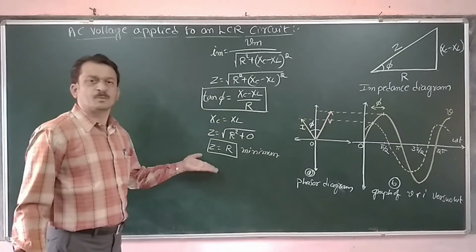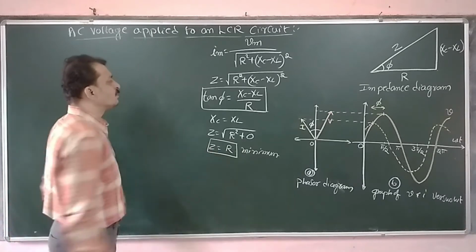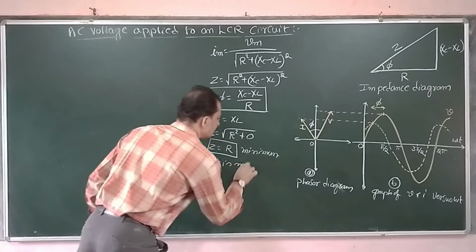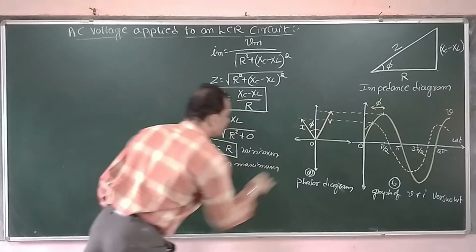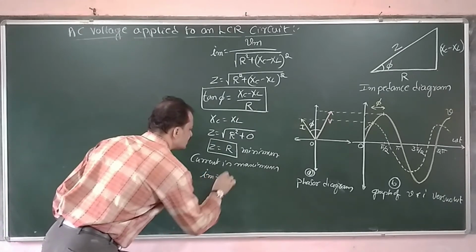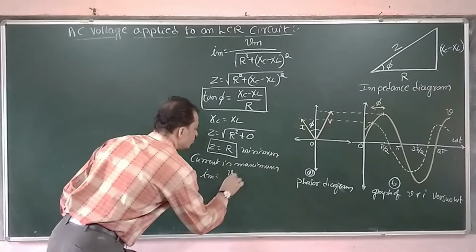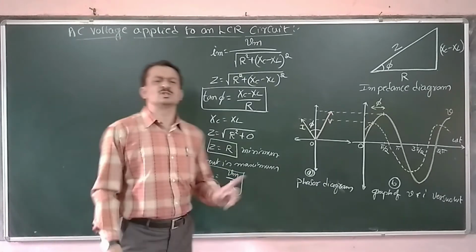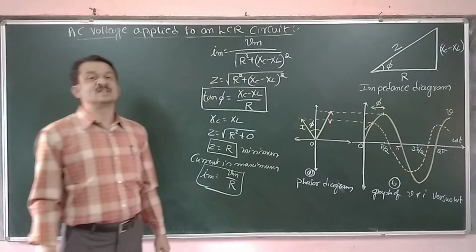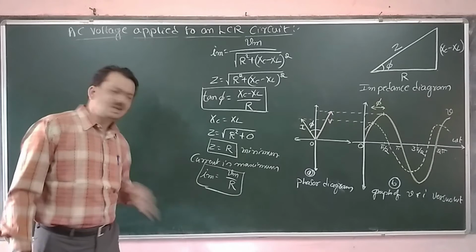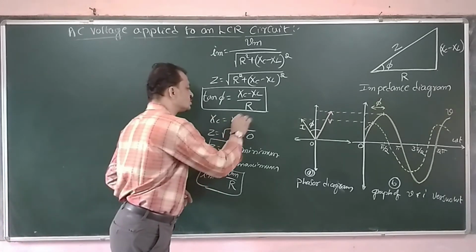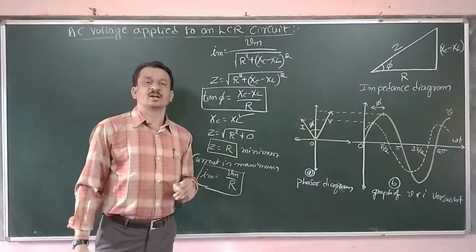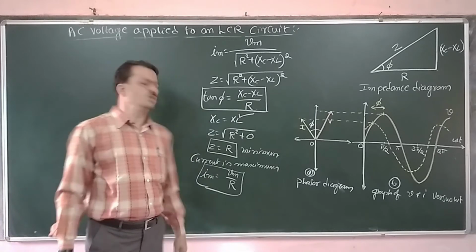Therefore impedance is minimum. Now the impedance, that is opposition, is minimum. Whenever the impedance is minimum, the current is maximum. Therefore, the maximum value of current in this case becomes Vm by R. This is the maximum possible value of current flowing through that LCR circuit. This is possible only when this condition holds good, that is, Xc should be equal to XL. Inductive reactance should be equal to the capacitive reactance.